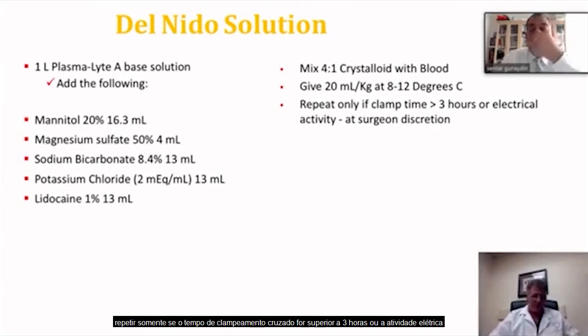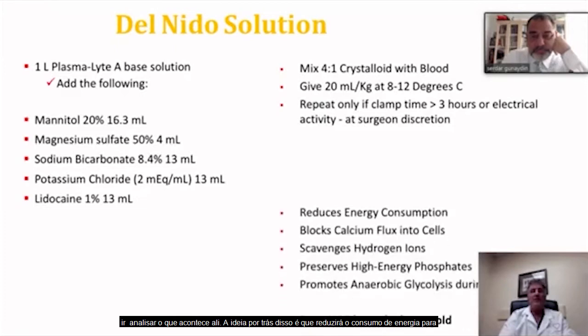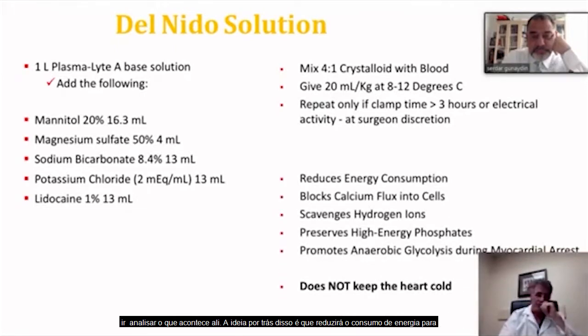Well, the bulk of centers where we are involved and we use it, they pretty much go about 1 hour out before redosing. Some centers we can talk about go 90 minutes. And I would like to hear from other centers that go further out and would love to analyze what's happening there. So the idea behind this is